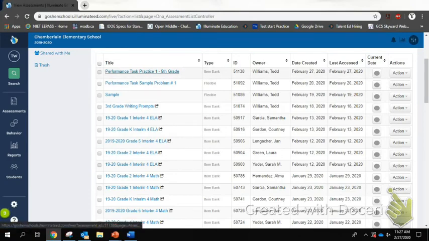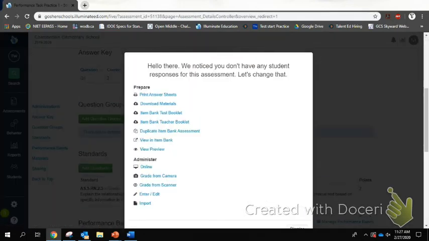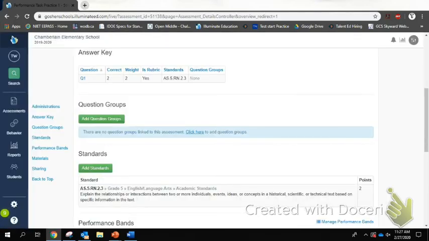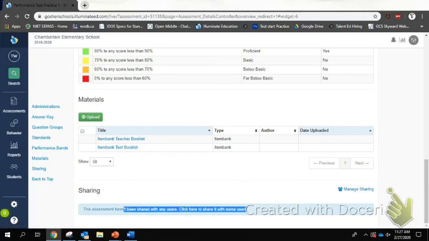I'm actually going to click on it, because right now it's only shared with me. So if I want other people to use it, like if I'm Carol Diaz and I want Jen Drescher to use it, I'm going to actually have to share it. So I'm going to show you how to do that. I clicked off that screen and I'm going to go down here to click sharing. And down here, it says this assessment hasn't been shared with any users. Click here to share it. So I'm going to click here,